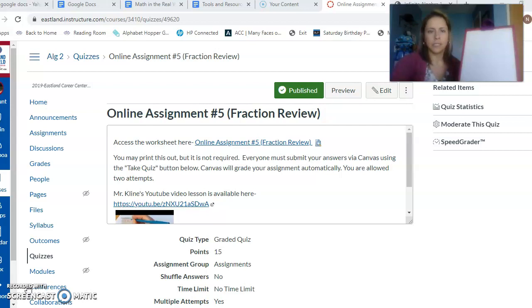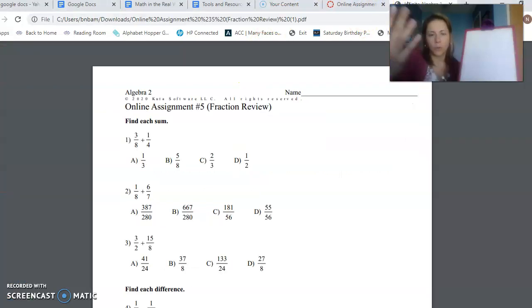And if you see my computer screen, it says online assignment number 5, fraction review. If you click on this, it's going to open up the worksheet. And if you've done the other assignments, you know how this works: you work through these problems and then mark your answers on Canvas. But I'm going to start with number 2. So number 2, you have 1 over 8